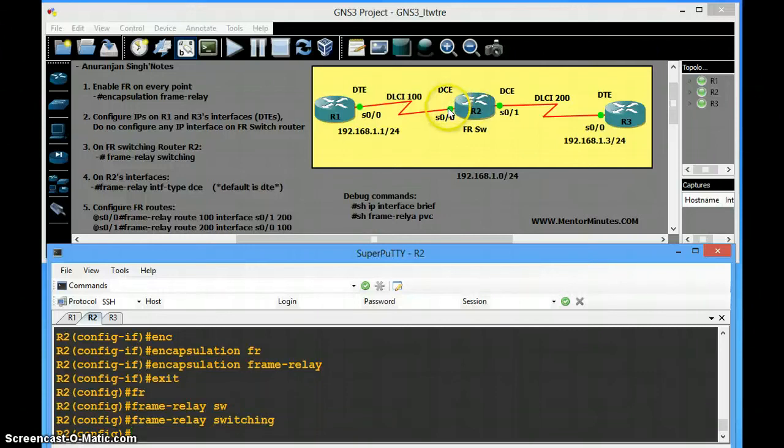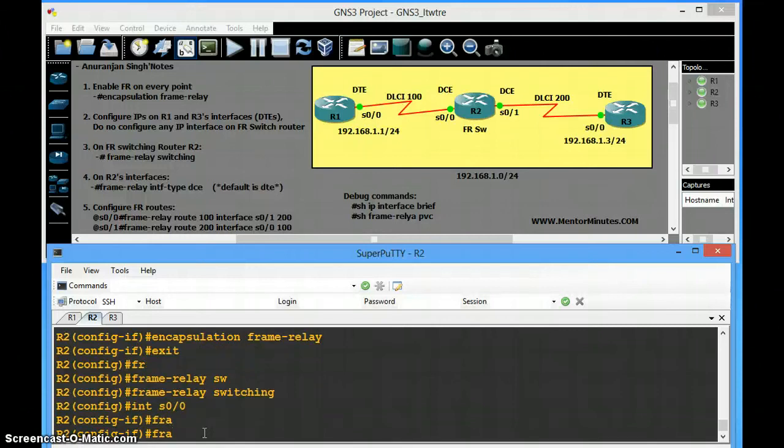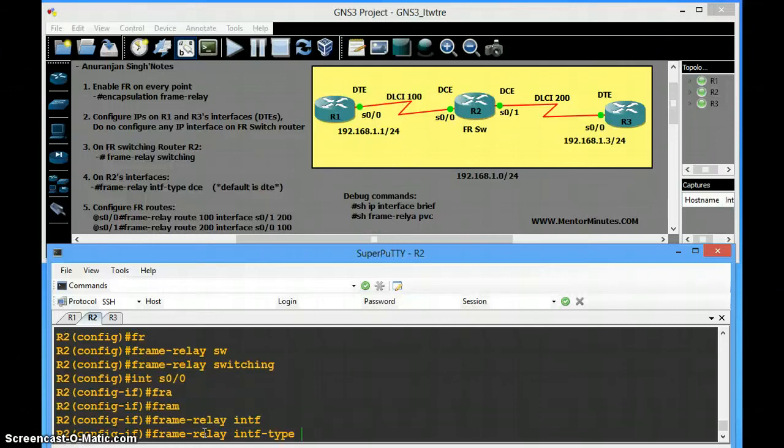Now by default both interfaces are terminating equipment, DTE. Okay, but what we will do, make them DCE, C for communication equipment. So we'll go by each interface, s/0/0. What we will do, make them frame relay interface type DCE.